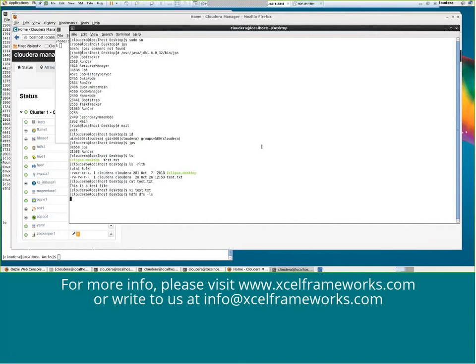HDFS dfs -ls. Okay, I have some stuff available in here. Let me clean up my HDFS directory so that I can delete everything. We'll start fresh. HDFS dfs -rm -r. Okay, hyphen